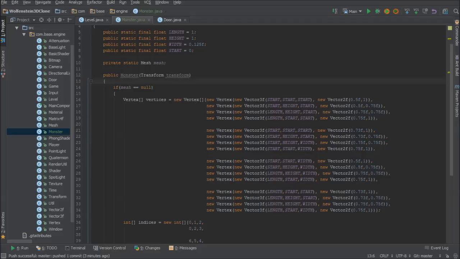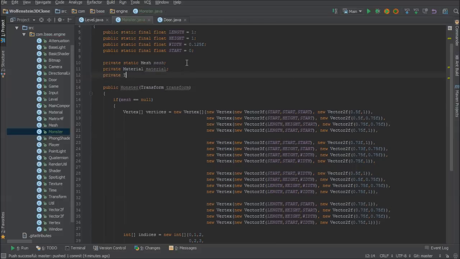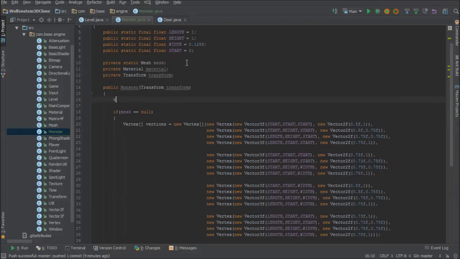Now, another thing that makes it a little bit different is it's going to have its own texture. Well, it's going to have its own material. So it's going to have a private, actually not static, it's going to have a private material, and it's going to need to be initialized. Oh, and of course it's going to have a private transform, which is just going to be directly assigned. This dot transform equals transform. And the material, however,